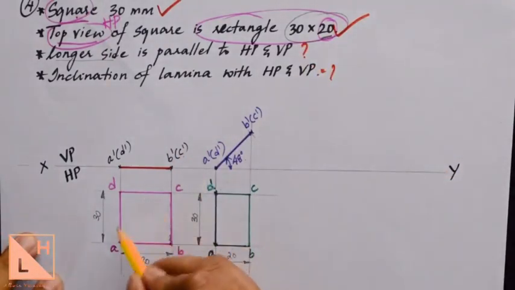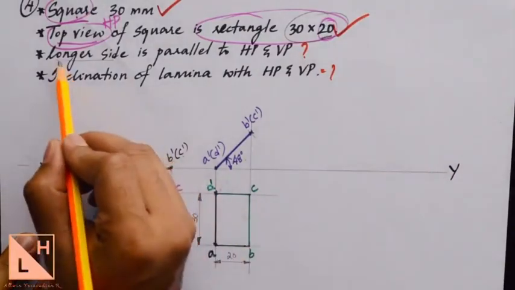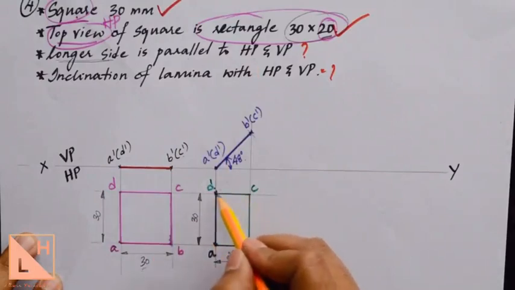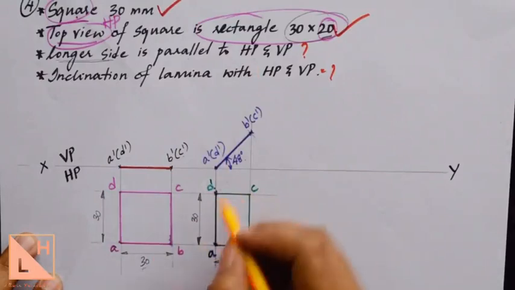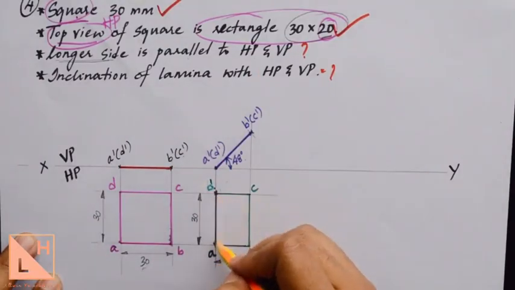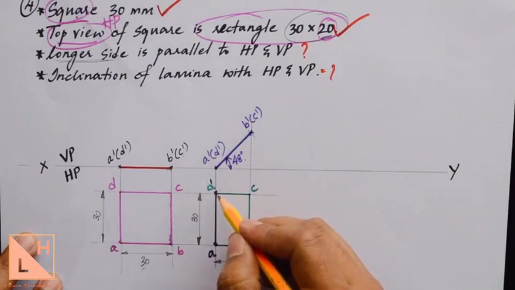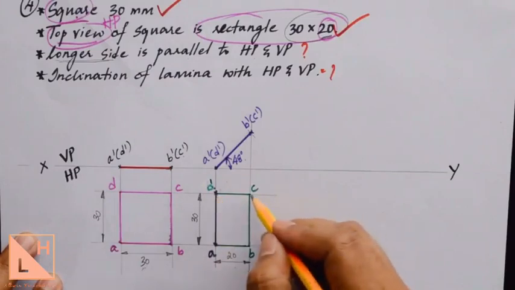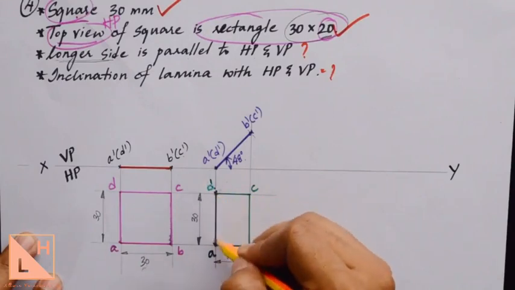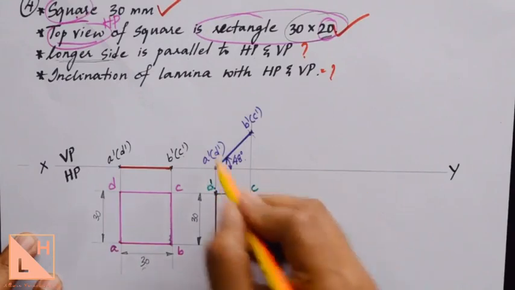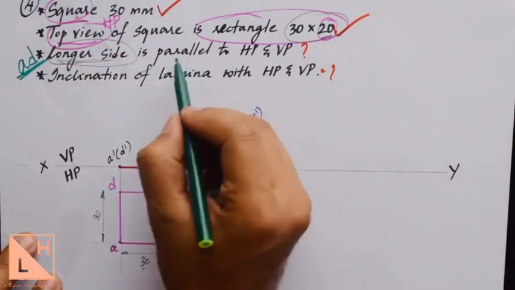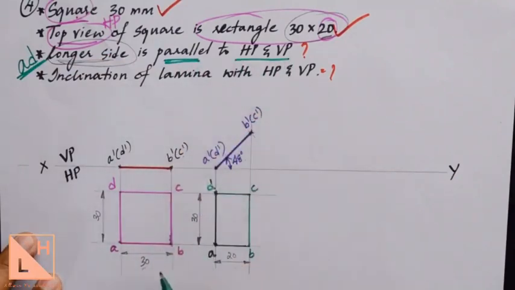Now in a square we have all the four sides equal, but it says the longer side is parallel to HP and VP. When it is looking like a rectangle, then we find the longer edges. We'll select the longer edge, one that is on the left side, because we always choose the one that is on the left side in all our problems. It is just a process that we follow. It is not that you should not select the right side edge. We are just following the left side edge. So here also we'll select the left side edge. Right now you can see this longer edge that I am selecting here, AD. So this AD should be made parallel to HP as well as VP.